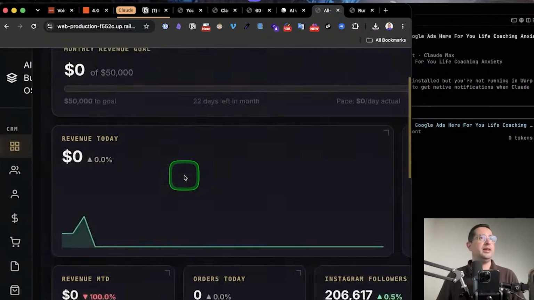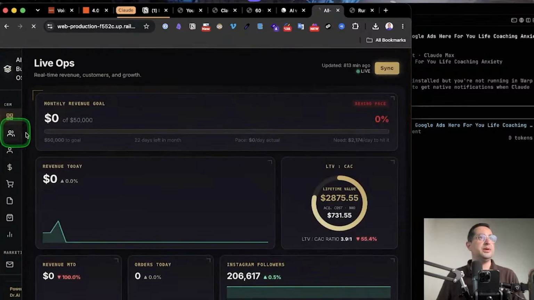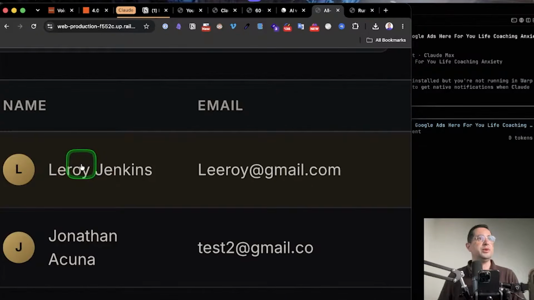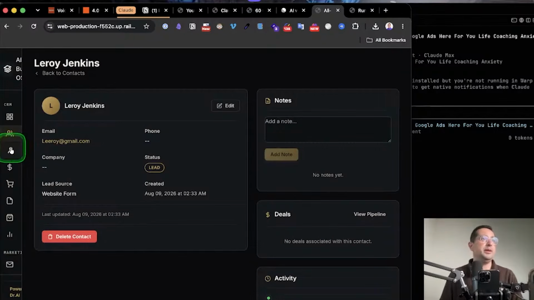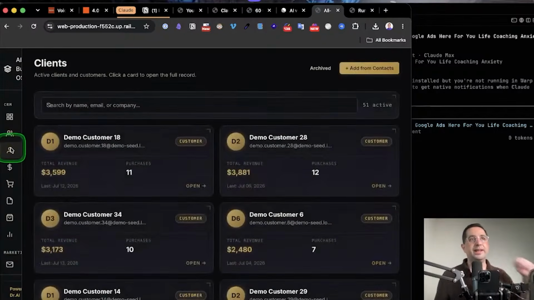And then if we go into the CRM, we can see there's Leroy Jenkins. And now we have Leroy Jenkins as a new contact comes in. I'm not paying for Zapier. I'm not paying for Make.com. I'm not paying for n8n. All of that becomes irrelevant because the whole thing is written by code, all the automation, and hosted on Railway